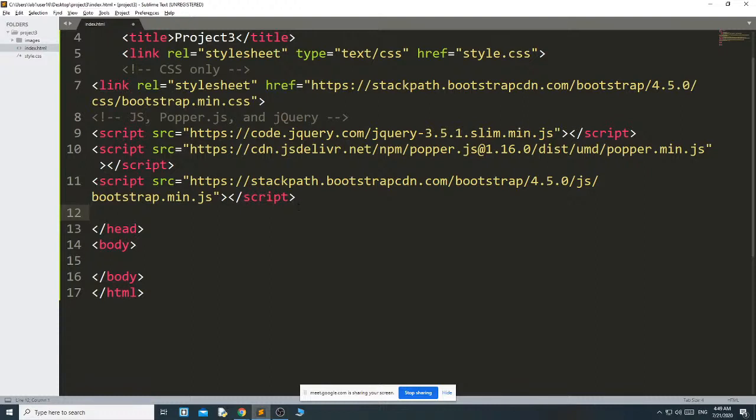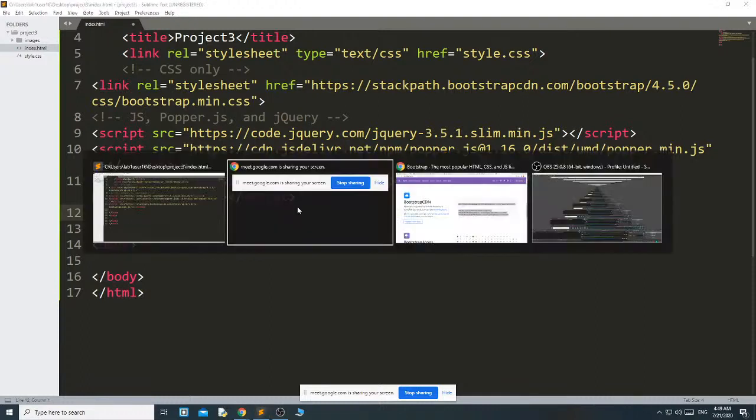Then I want to use Font Awesome and the Google font. For Font Awesome I can add the Font Awesome CDN file.